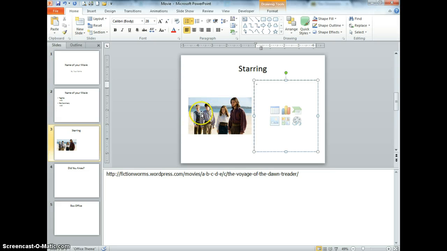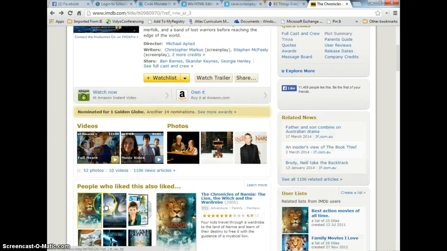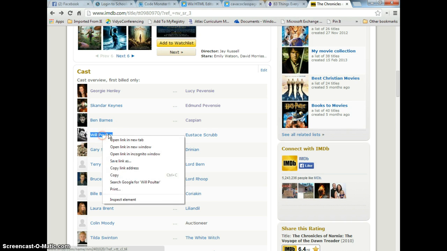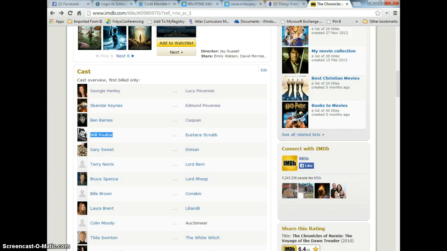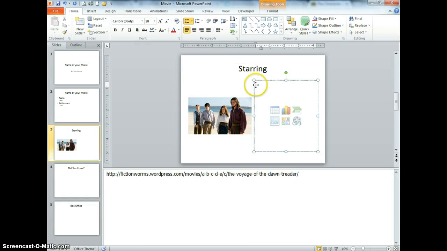Now I know that this guy played Eustace, so I'm going to go back to my IMDB page and scroll down. Okay, so here's Eustace. This guy's name is Will Poulter. Just so that I don't butcher the spelling, I'm going to highlight it, right-click inside that highlighted area and copy it. And then I'll come back to my PowerPoint,